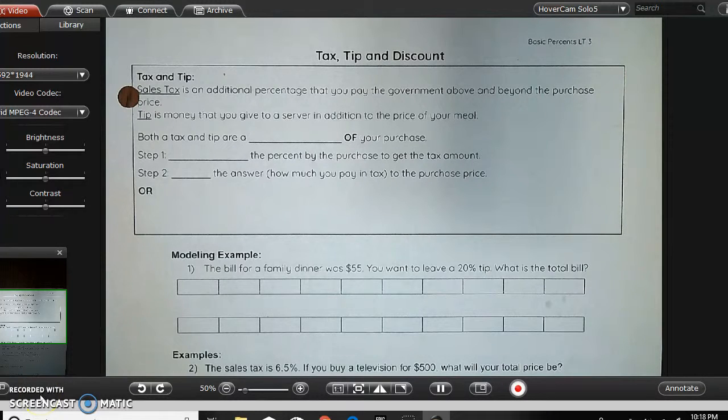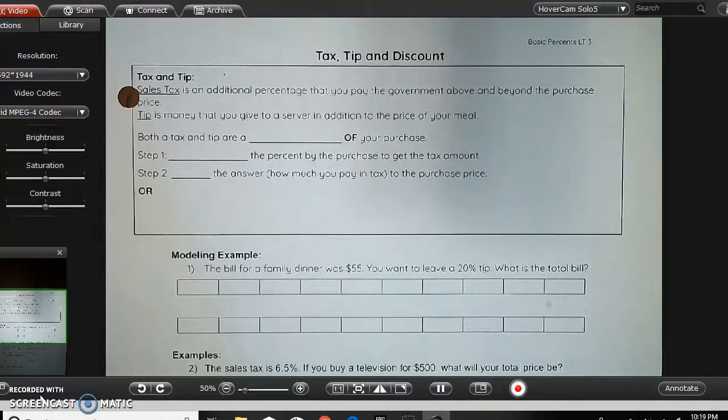Alrighty, yesterday we learned how to find a percent of a number without using the bar models, and we did that by changing the percent into a decimal or a fraction, depending on our preference, and then we multiplied that times the number, and that gave us the percent of the number. So today we're going to figure out why we might want to use that and then maybe add on or subtract from. So we're going to start with adding on or making things greater,